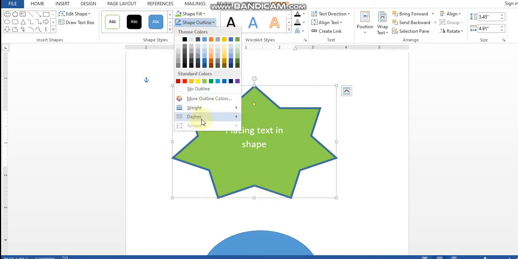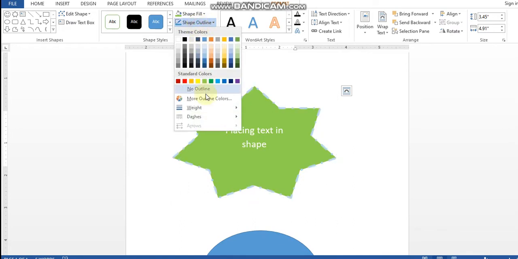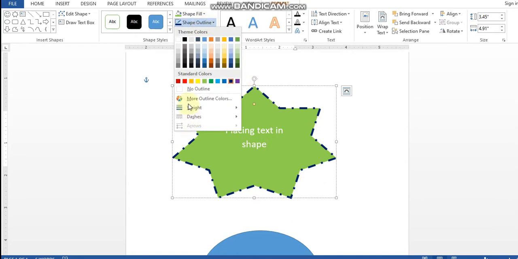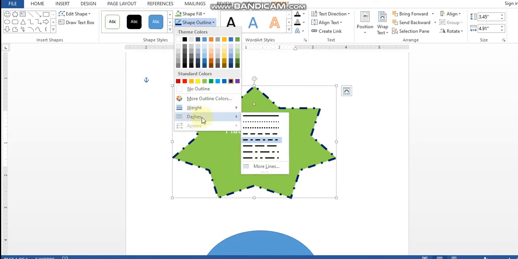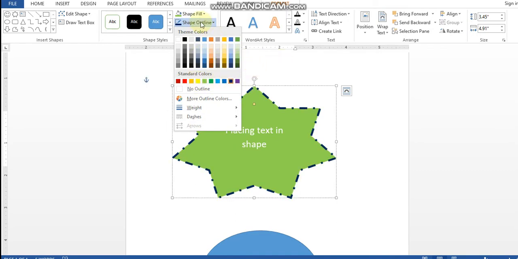Now if you see, there are dashes also, that is what kind of border you want. And here you can apply the border color also. So the shape outline button has three features. One is weight, that is the thickness of the border, dashes, the type of the border, and the color you want for the border, right?